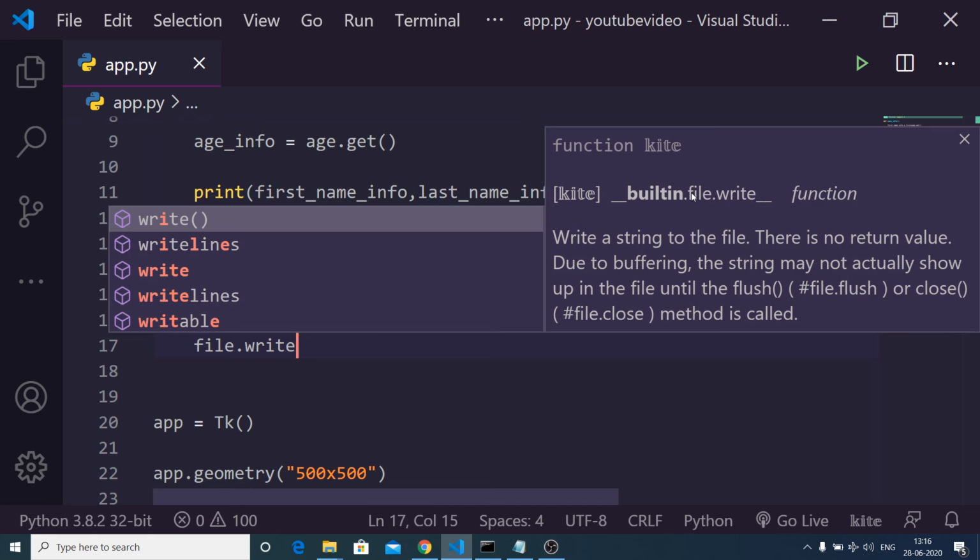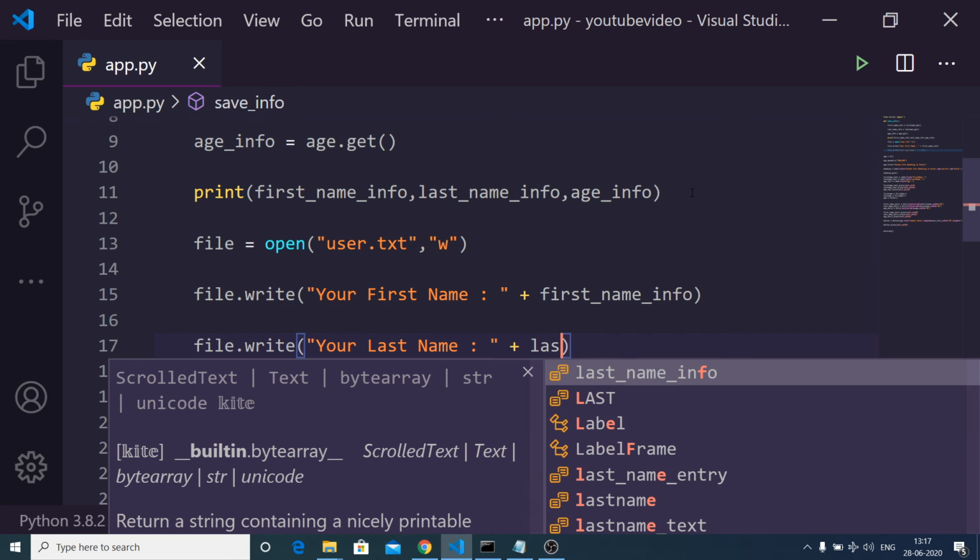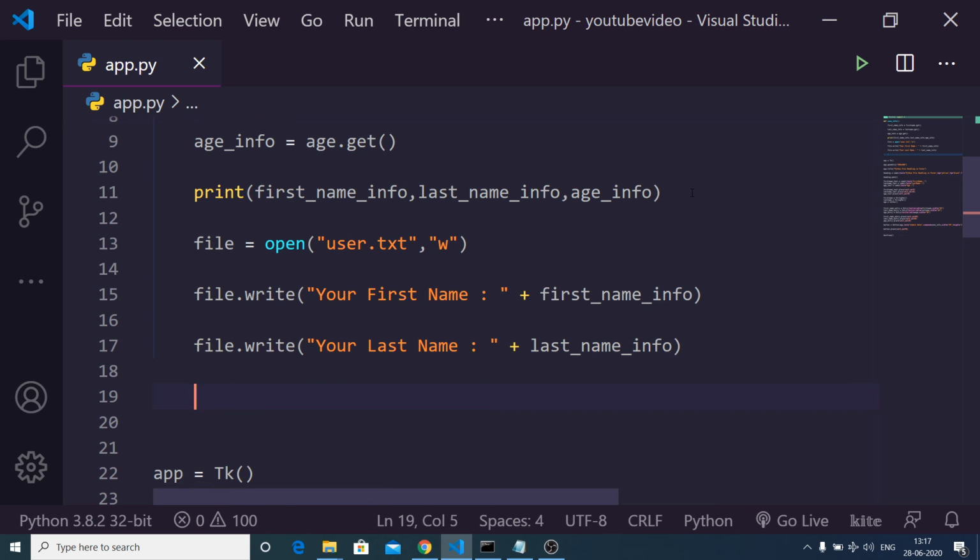Then we will write the last name, your last name, so put some space also from here. And lastly, we will write the age as well. So your age,